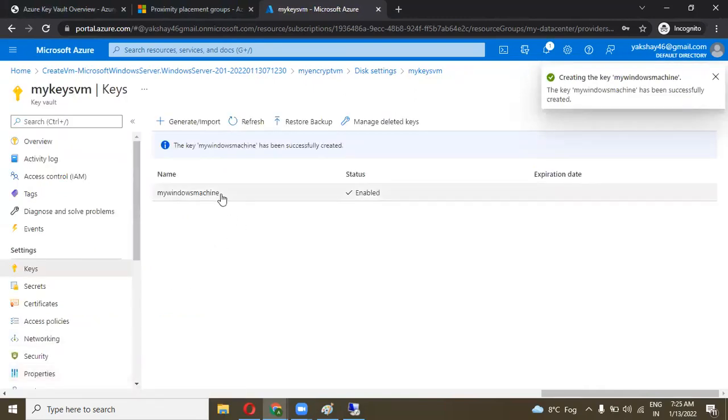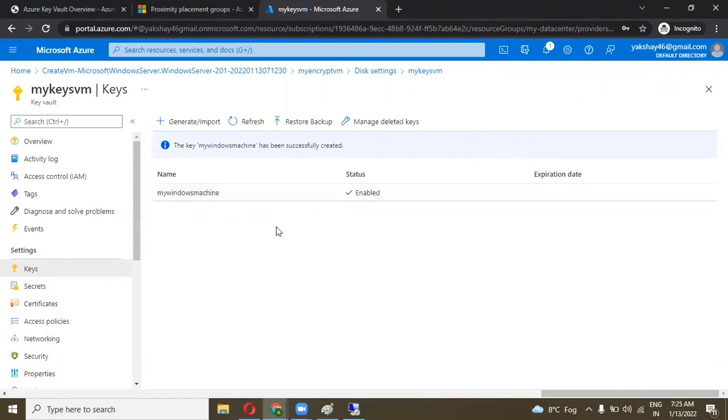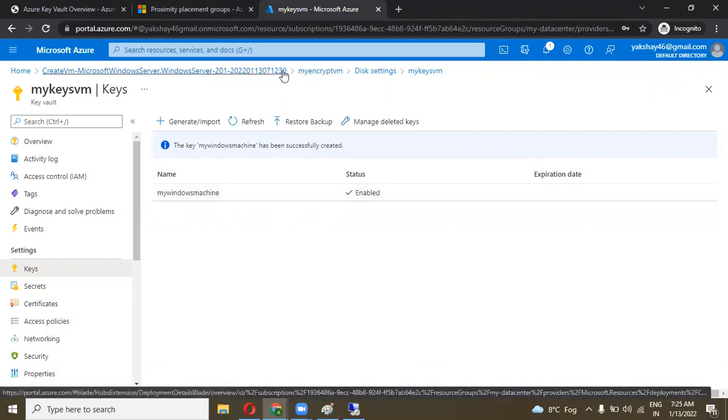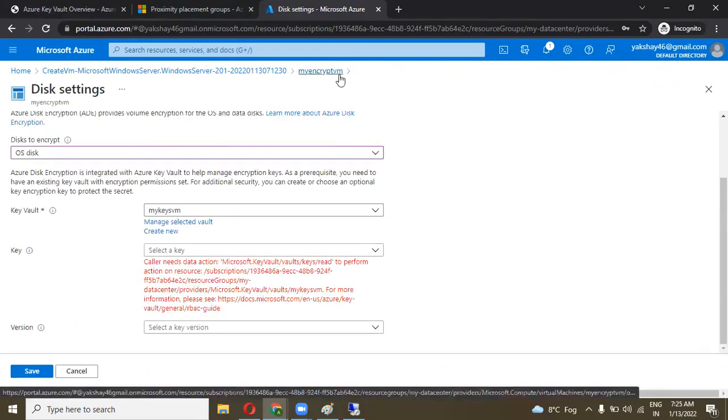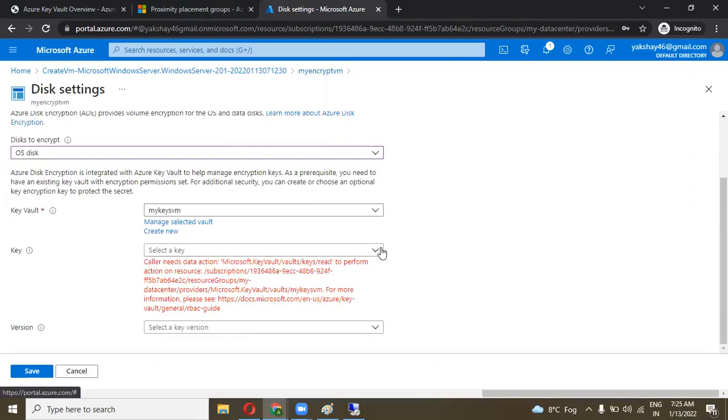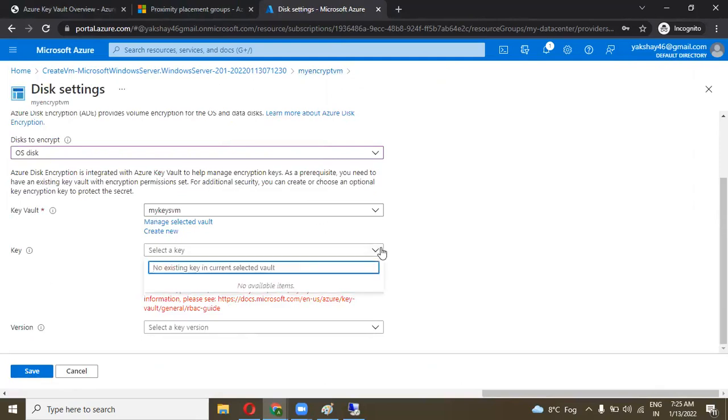Key successfully generated. There is no expiry date over here. Now go to the disk section. Now here we have to select a key.